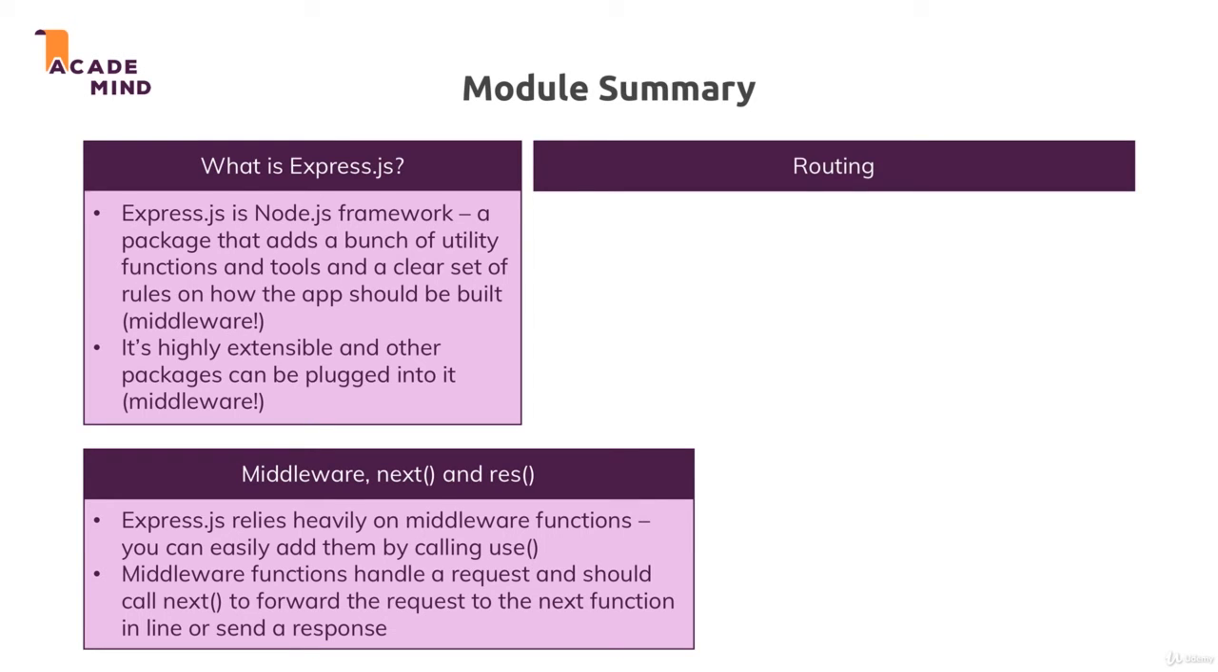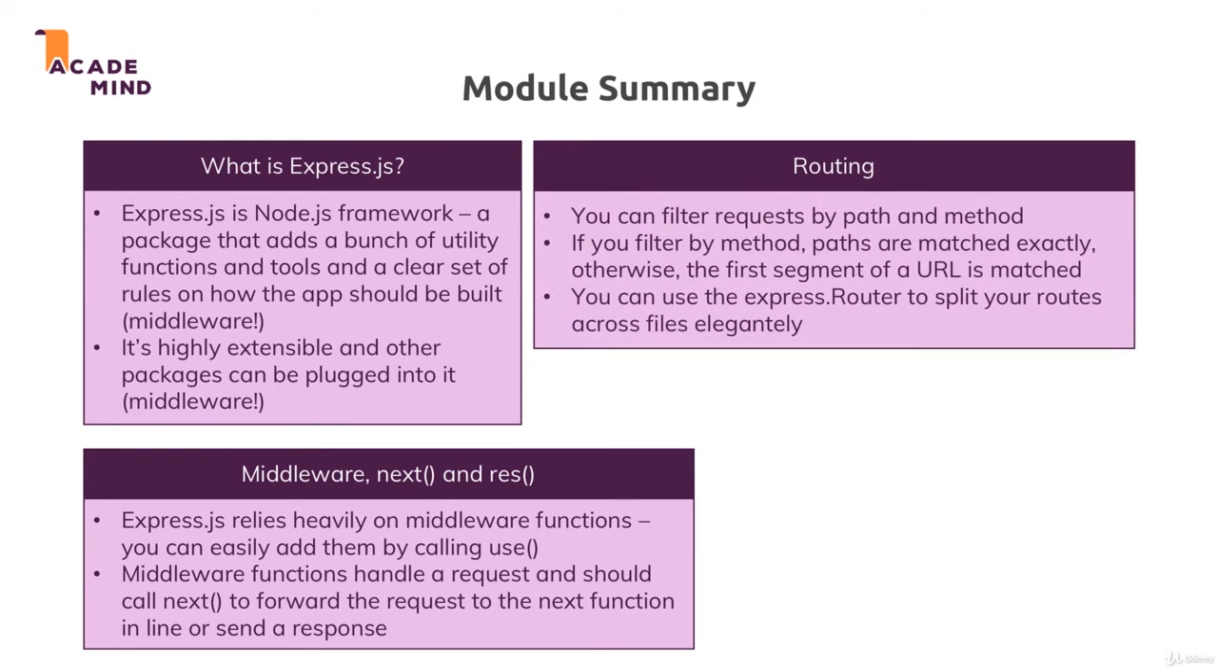so depending on the path and method you're sending. You learned that you can filter requests by path and method easily with app.use by adding a path, or app.get, app.post. And that if you filter by method, like if you had app.get, that the paths would then be matched exactly. Otherwise, with app.use, the path you passed would only be matched with the beginning of the URL,